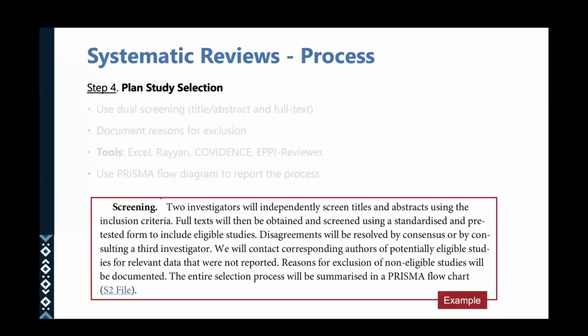Disagreements will be resolved by consensus or by consulting a third investigator. We will contact corresponding authors of potentially eligible studies for relevant data that are not reported. Reasons for exclusion of non-eligible studies will be documented. The entire selection process will be summarized in the PRISMA